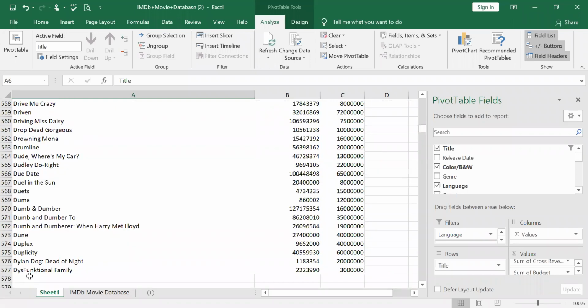So whenever you give between B and E, it will include B, but it will exclude E. Okay, so this is about the sorting with the label filters.